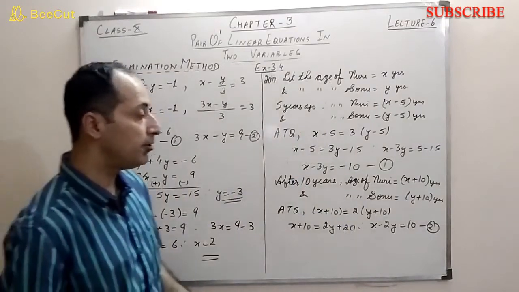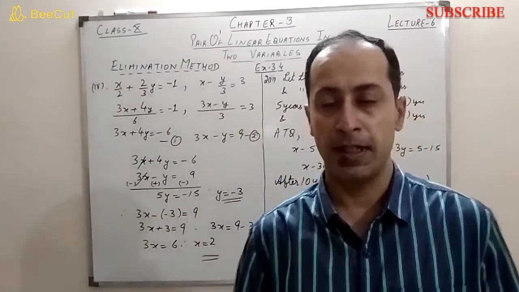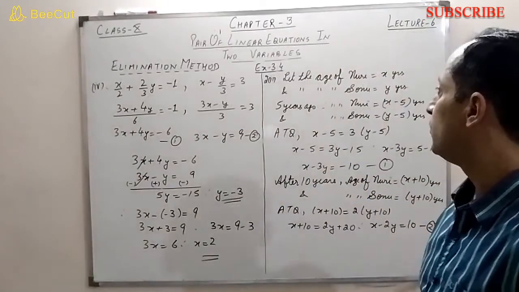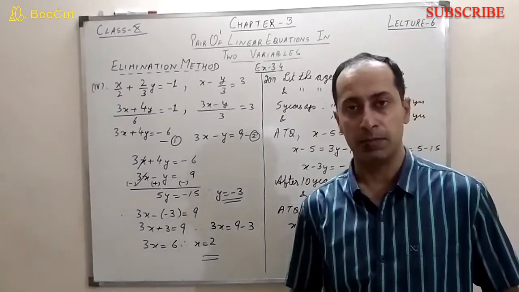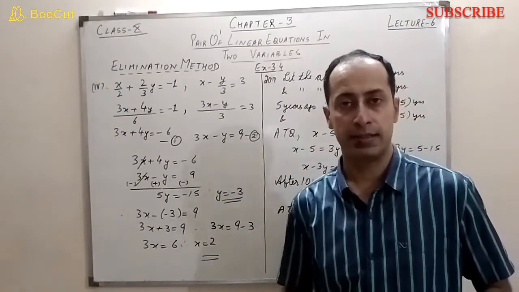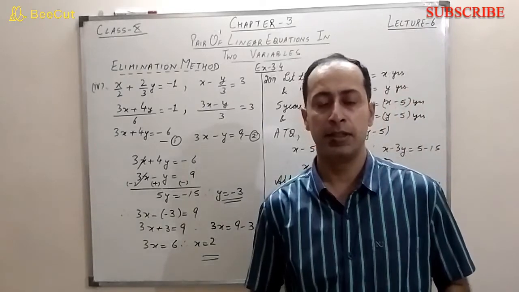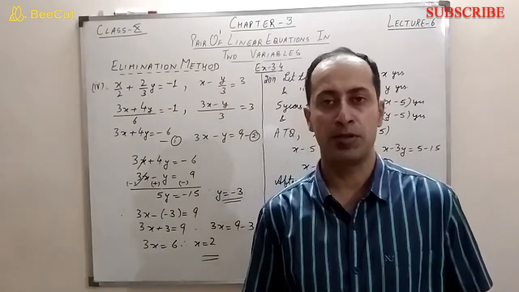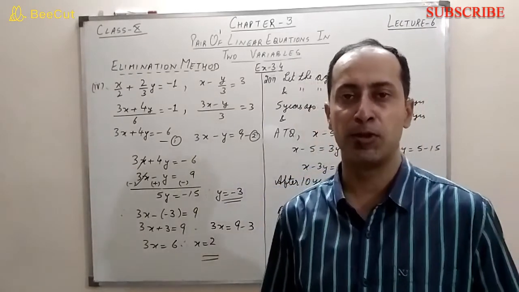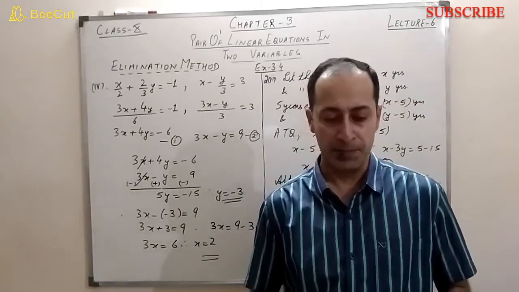So what you can do now is simplify the two equations using the method of elimination. Find the value of x and y. Substituting the values, the age of Nuri and the age of Sonu will come, right? Three parts of this exercise are left that I will discuss in the next lecture, because they are very important questions and a little bit lengthy also. If I take them now, the lecture will become very long, right?